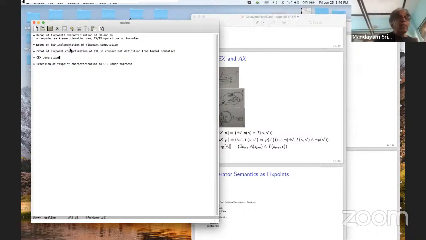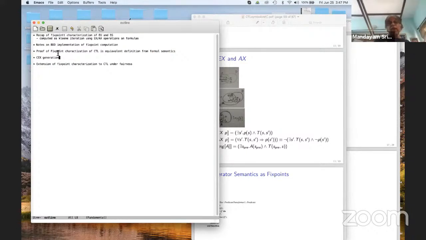Then I want to do some quick notes on BDD implementation of this fixed point computation, so you can get started with your programming assignment, which is the crux of your assignment 2. I also want to get into the fact that the fixed point characterization can look a bit mysterious at times, and therefore